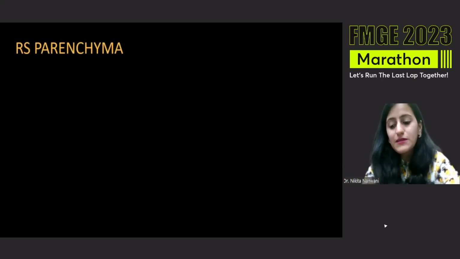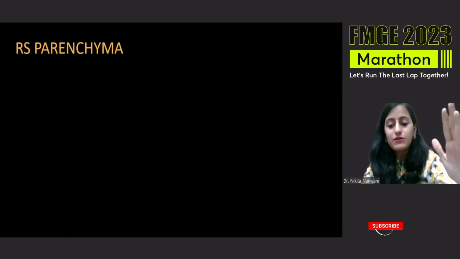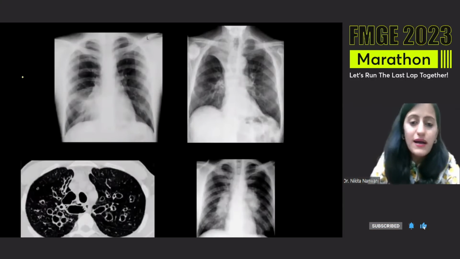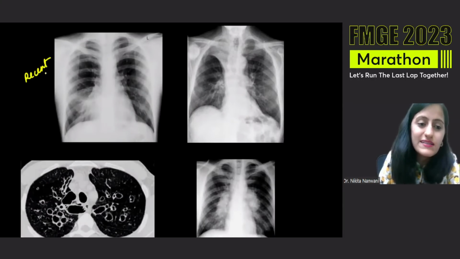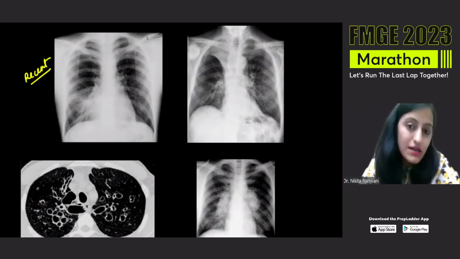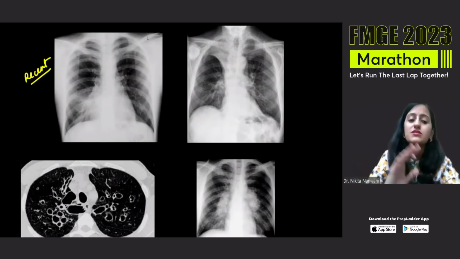Let's go to the next one. So now we have seen just the pleural pathologies. Now we are coming to the parenchymal pathologies. First one, this is one of the recent images that has been asked. So I've tried to include all the recently asked images so that your previous year questions are also done with